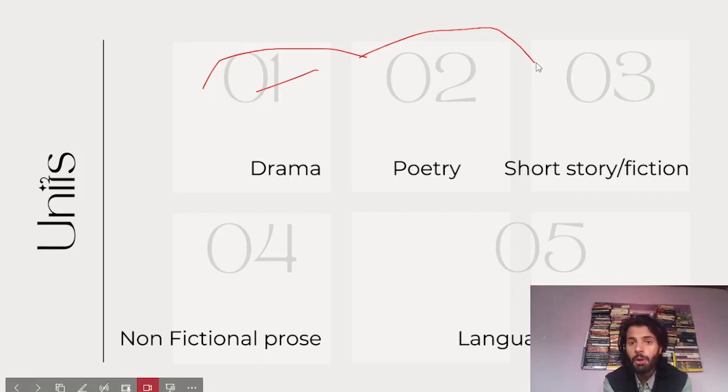And when you go to poetry, you have to cram up the first and the last lines of each and every poem of major authors. And speaking of the minor authors, you have to do the major poetry of minor authors. And speaking of the short story, you have to do it from traditional British literature, American literature, and Indian literature, and in this you have to keep in mind the plots and the characters together.